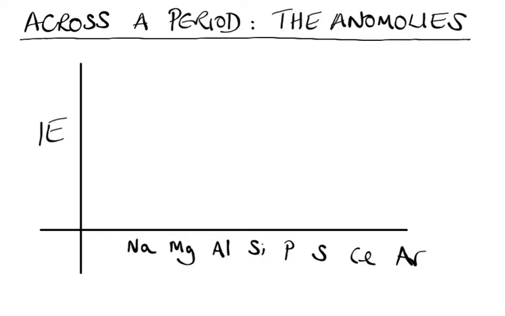go across the period the number of shells stays the same, the shielding is pretty much the same, but the number of protons, i.e. the nuclear charge, increases, so the attraction on the outer electrons increases, which means as we go across a period there's a general increase in ionisation energy. So what we'd expect is for their ionisation energies, the first ionisation energies, to roughly follow this